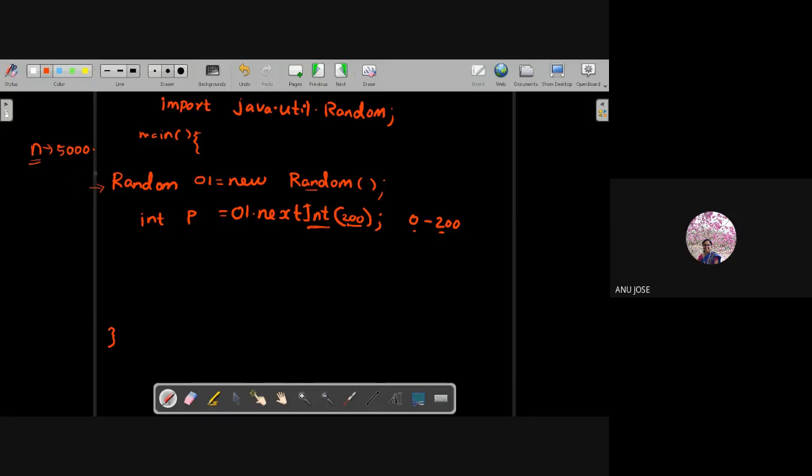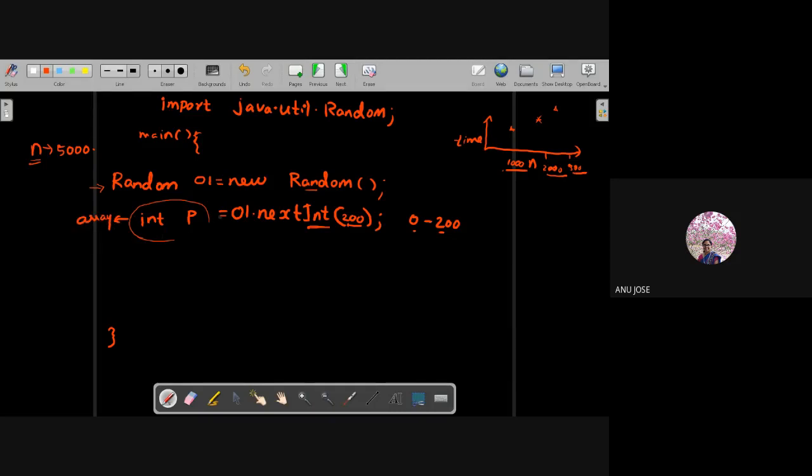So with respect to larger values of n, you need to calculate the time. For n equal to 1000, what is the time taken for doing the merge sort? If n is 2000, what is the time taken? If n is 3000, what is the time? Like that you have to note down the complete time. For that you have to generate 1000 random numbers, 2000 random numbers and 3000 random numbers. All these you can keep inside an array by using a for loop.